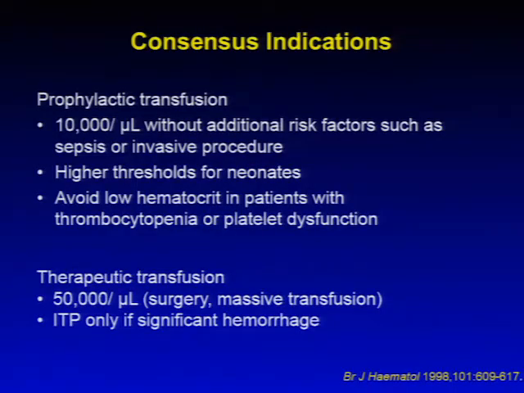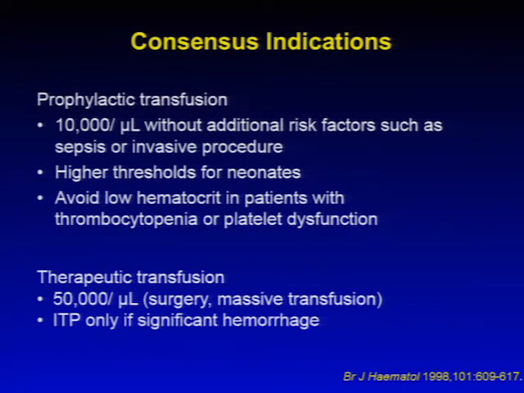No definitive statement of prophylactic transfusion criteria has been established in the United States. A British group suggested that a 10,000 platelets per microliter trigger is appropriate unless there are additional risk factors such as sepsis or an impending invasive procedure. Of course, neonates may benefit from a higher threshold, often stated at 50,000 or 100,000 per microliter, and again, that's